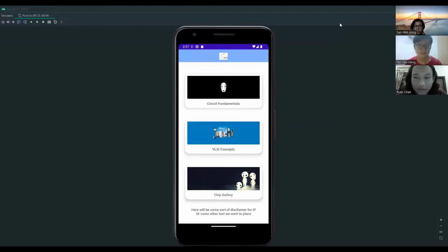Our first feature is a quiz concept that goes over basic circuit fundamentals. It's a trivia-based approach that grinds the fundamentals down through MCQ questions and teaches them through practice some basics of the chip design process, as well as an archive of articles and